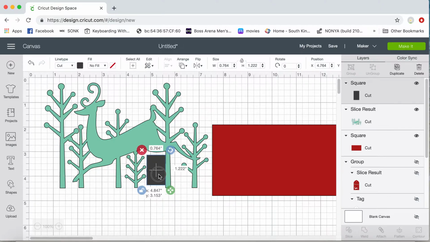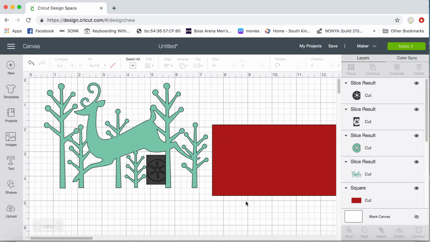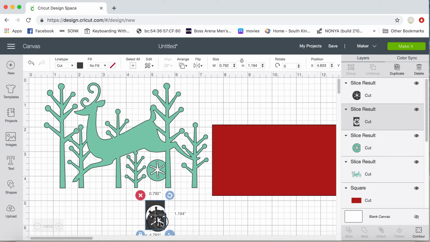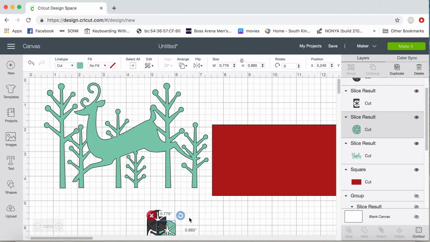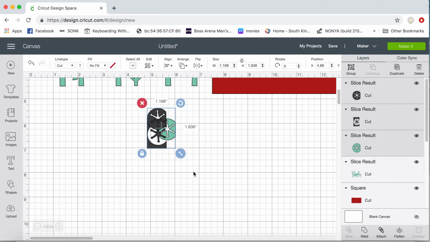but not those trees. And this is really close, so just nudge it over just a little bit right there so it's not touching the tree. It's butted up against the stem of this tree. It is selected. Hit your shift key, click on the deer. Slice is now available. Slice it, and then you just remove the parts that you don't need, and now you have just that image. And so you have successfully eliminated something from an image that could not have been contoured out,